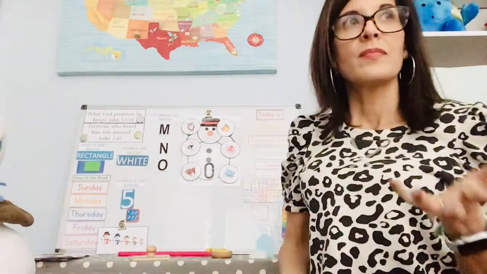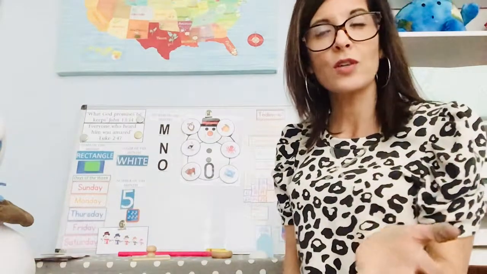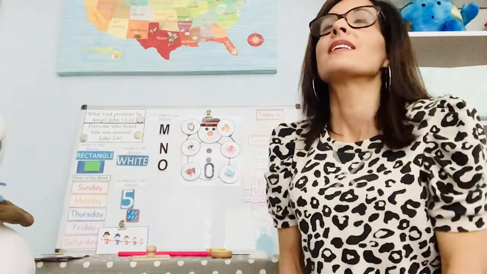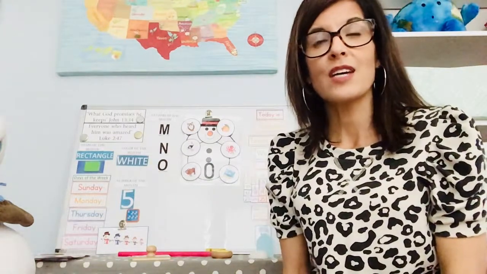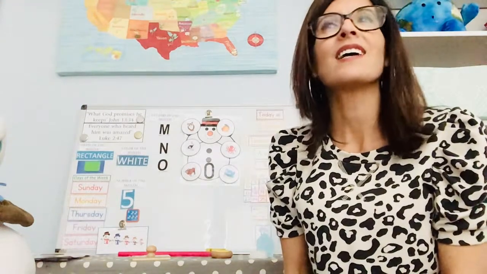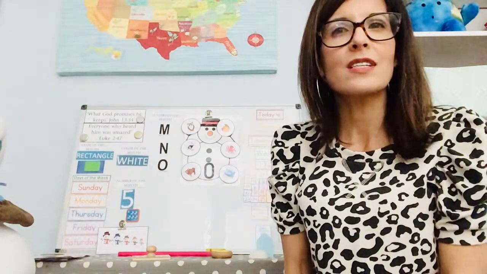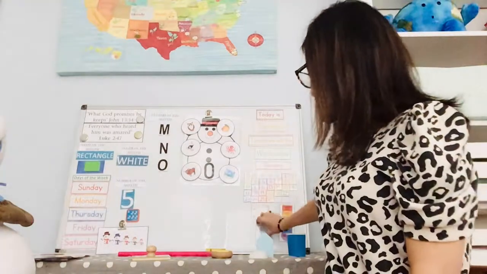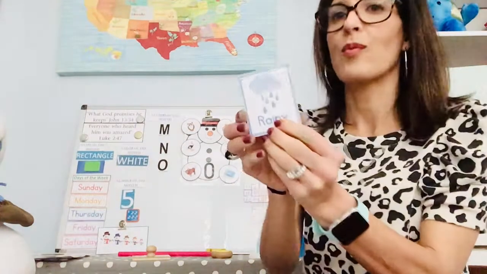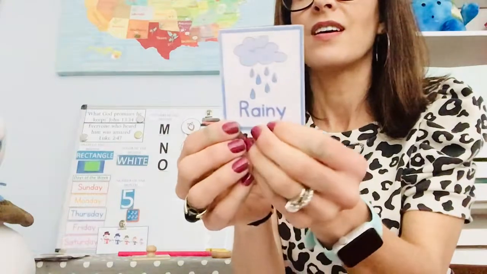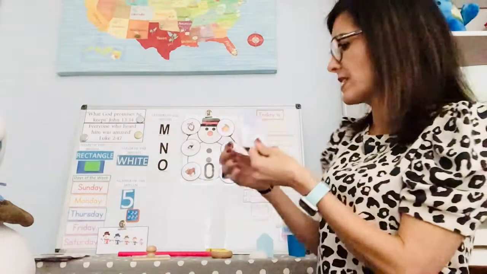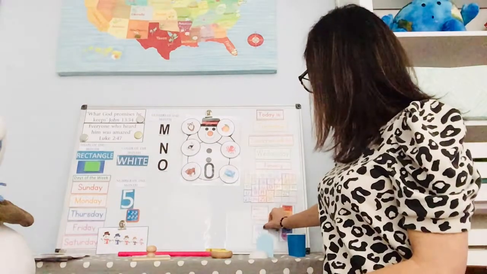And then, friends, do you have a window that you can go look out? I'm looking out my window with my looking eyes, and it's raining here. What do you see at your house? Is it raining there too? Yeah, but it's still a pretty day. It's just a little dreary. We can still have fun, but I put our rainy weather. See the clouds and the raindrops? So I put rainy on my board today because the weather at my house is rainy.